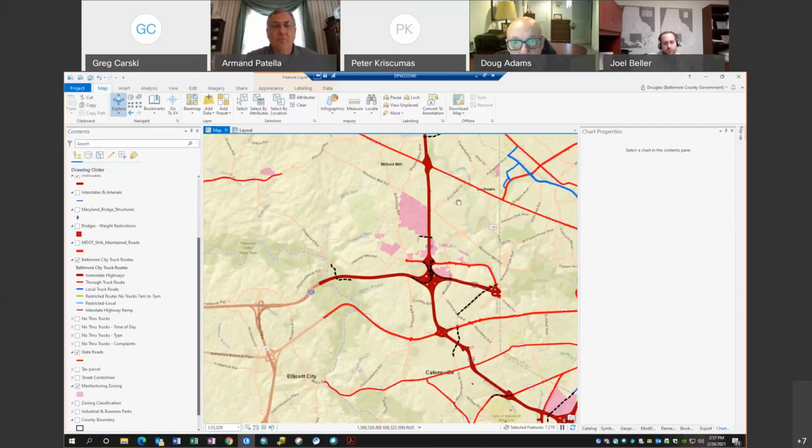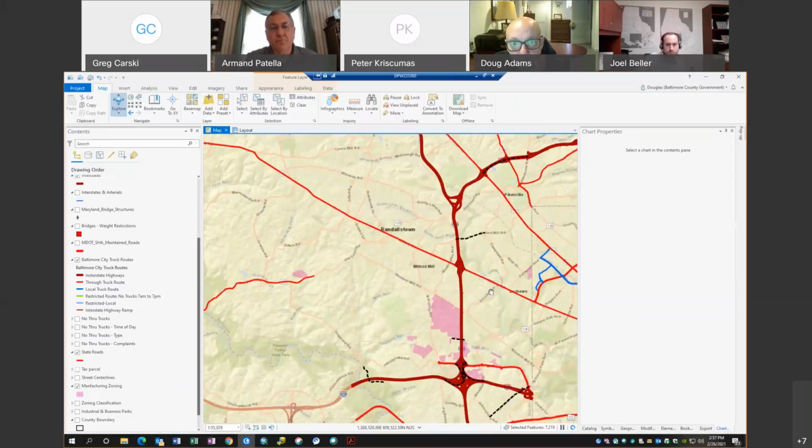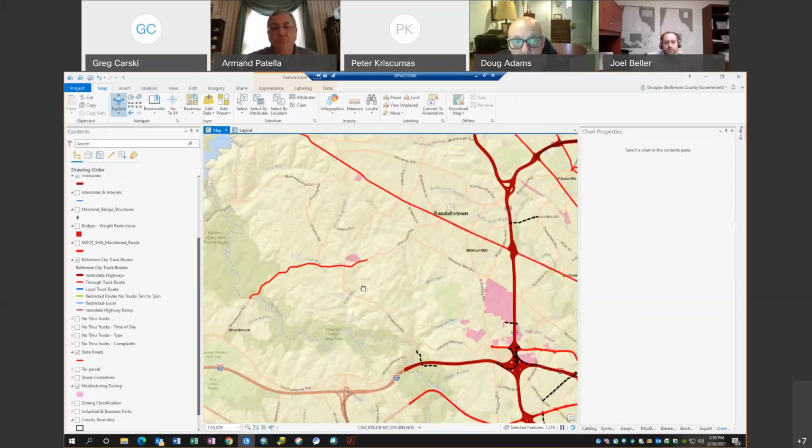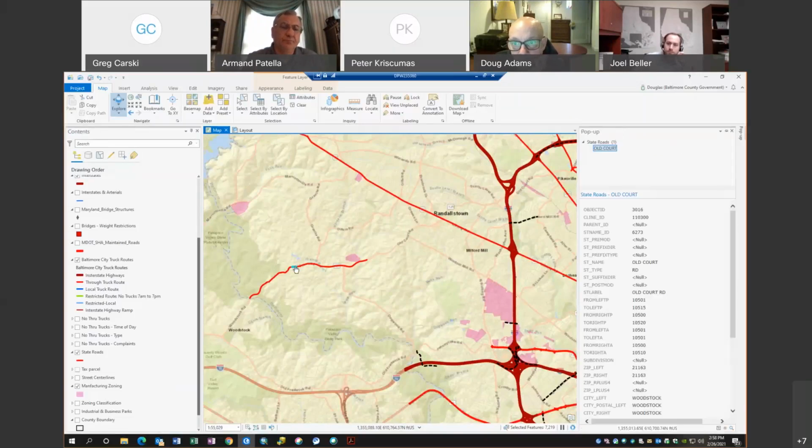So then as we work our way up the western side of Baltimore County, you've got 26, certainly 140, the interstates, of course. One question I would have: is this kind of an artifact spur out here in western Baltimore County? It goes out to Woodstock. This is Old Court, the part of Old Court that's a state road. You can see there's a little bit of manufacturing in theory out here. It's manufacturing zoning. I don't know exactly what the activity going on is out there.